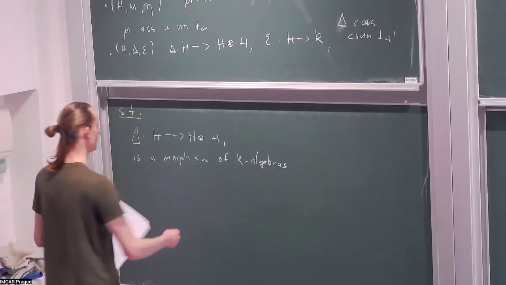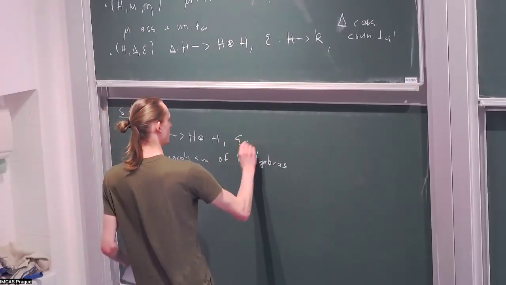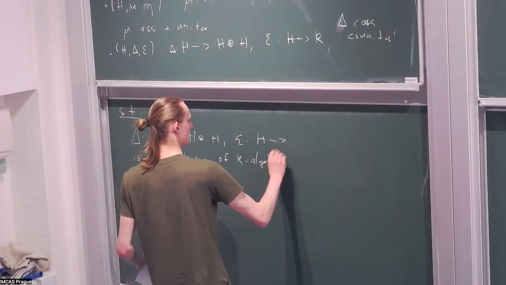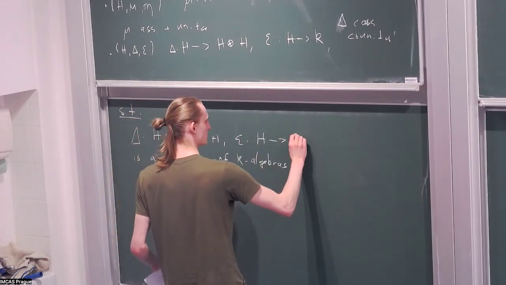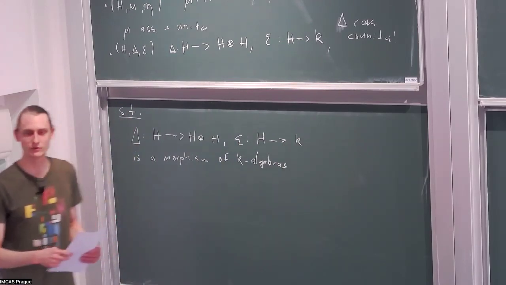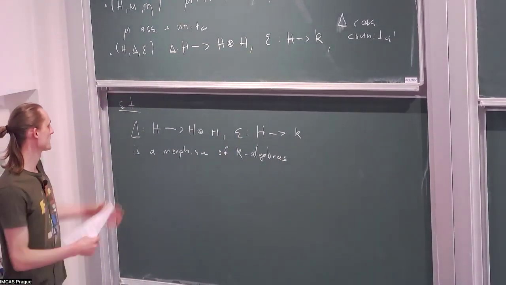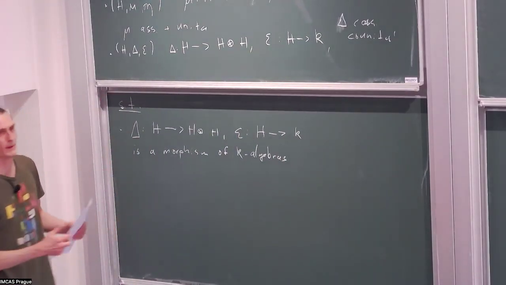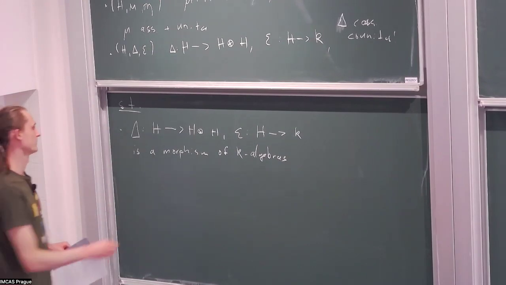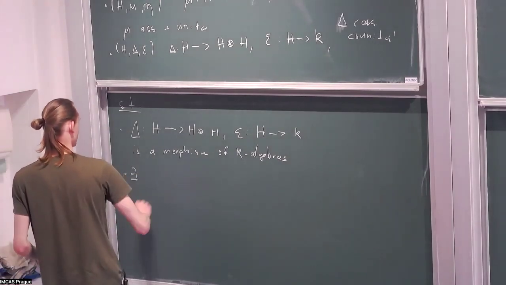Maybe let me say, even though it's redundant, also the counit should be a morphism of K algebras. Okay, so at this point we have a bialgebra, and to get a Hopf algebra, we also want that there